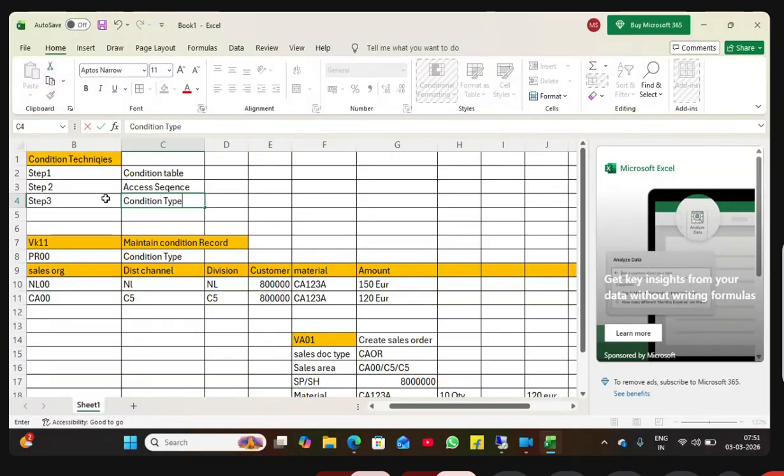See, all seem to be similar, right? Condition technique, condition table, condition type, condition records, pricing procedure. Next, step 5, pricing procedure determination. These 5 are the basic design for pricing. This is our job.